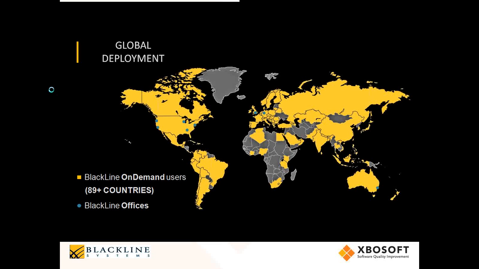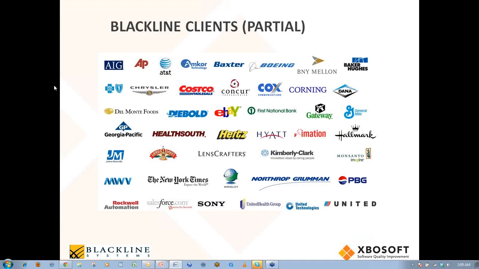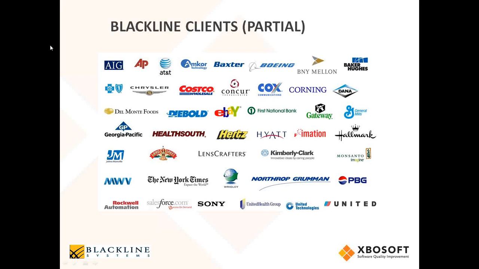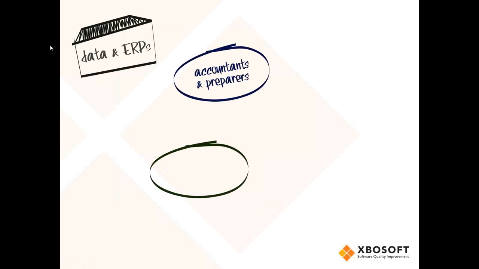As I said earlier, a lot of our clients are in the Fortune 500. So we have clients like Costco, AT&T, Chrysler, Hertz, Kimberly-Clark, Northrop Grumman, New York Times, just many, many very influential companies, household names, throughout the world. And here's the list that comes up: United Airlines, Salesforce. So we're big within the global community, and that's why we're in 89 different countries. It's really been a great product, and people really enjoy using it, and it saves them lots of time and money and energy.